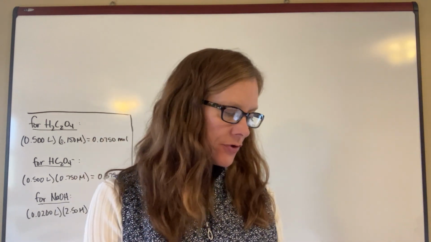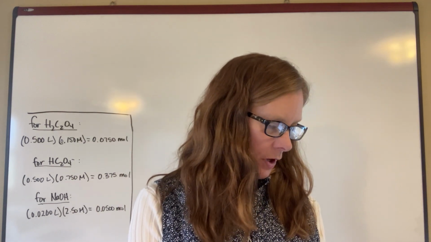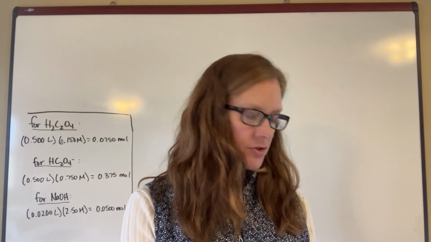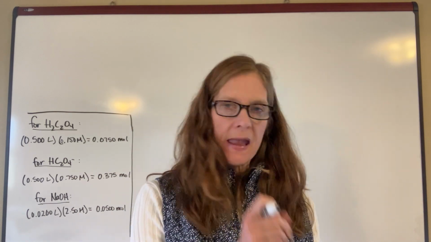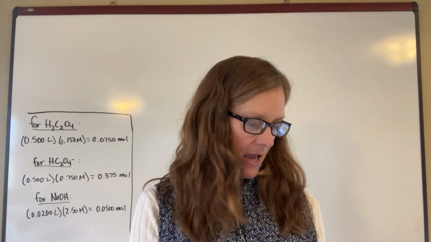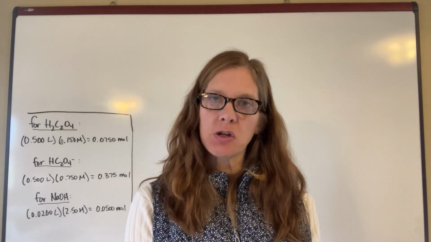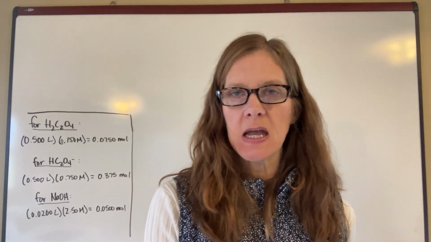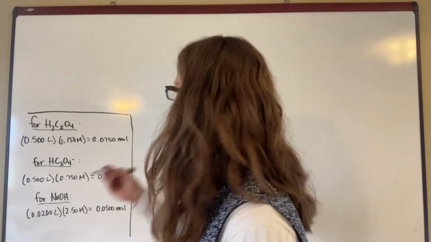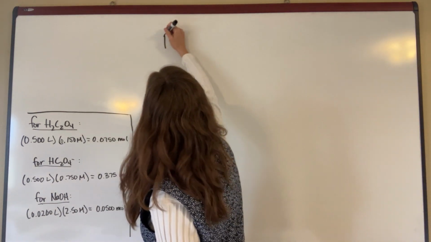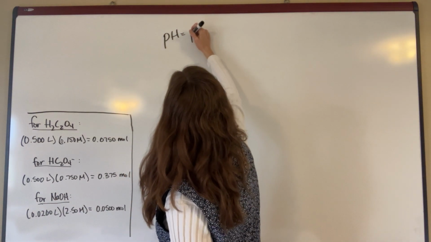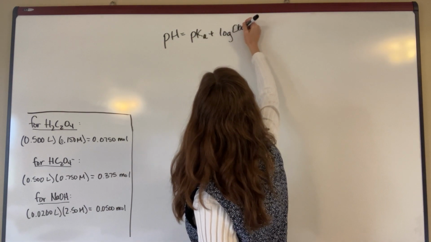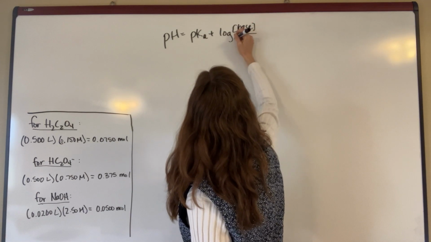We have a half a liter of a buffer where we have oxalic acid and an oxalate ion, and they give us the concentrations of both of those. And the first step is to find out the pH, and then we're going to add sodium hydroxide and see what happens there. Okay, so the first part, finding the pH, is very straightforward. Again, we're just going to be using the Henderson-Hasselbalch equation. So I'm going to have pH equals pKa plus the log of the concentration of the base over the concentration